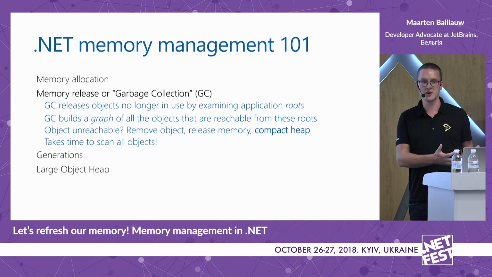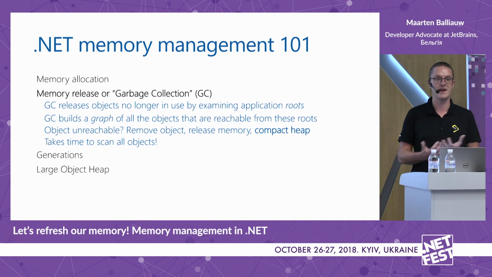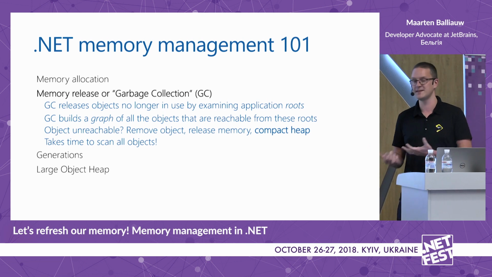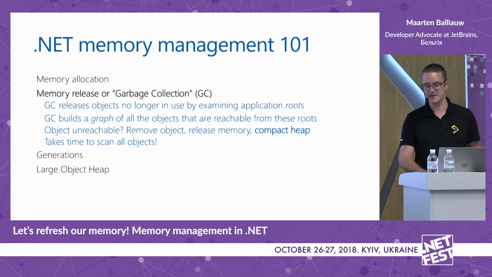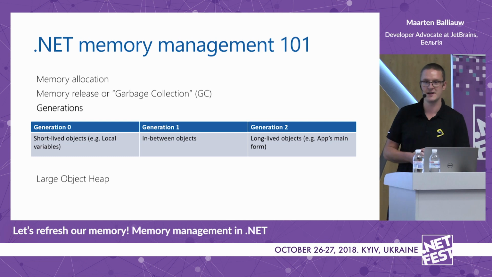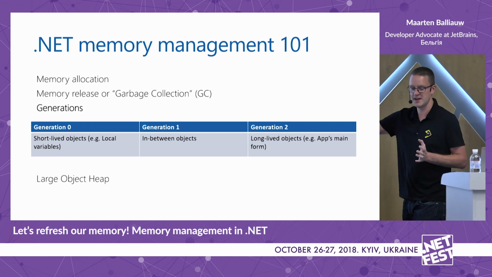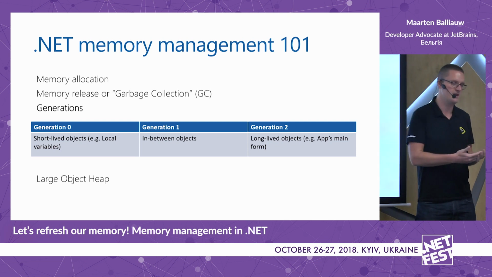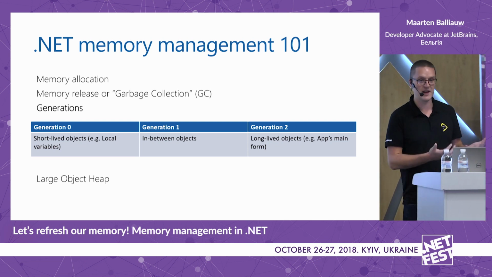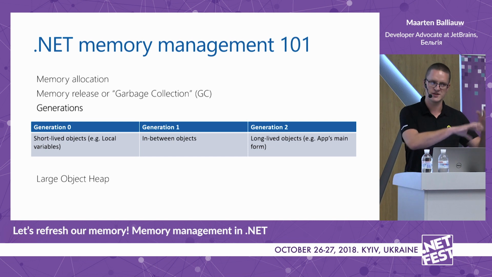The bigger the chunk of managed memory that is available or made available to your application, the longer this time will take, of course, so that's not ideal. So Microsoft came up in .NET with the idea of splitting this big managed heap into generations. Whenever you first allocate something in memory, that allocation will be done in generation 0, just a part of this